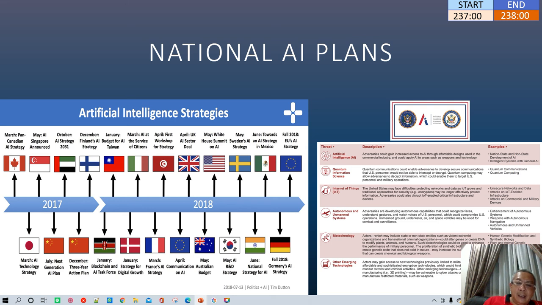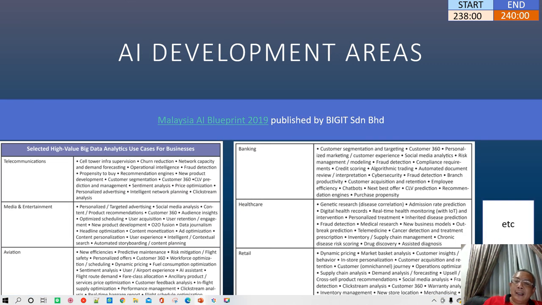I don't see Malaysia on the map, but there is one company in Malaysia that rolled out a national AI blueprint, but this is published by a company, by Bijit Sdn Bhd, not by the government. It's still a good blueprint. So you can look at this blueprint. For example,